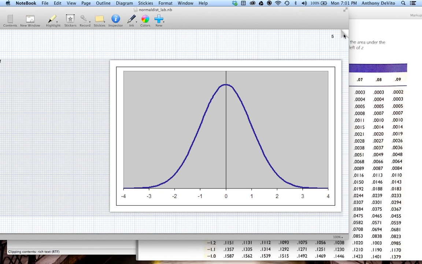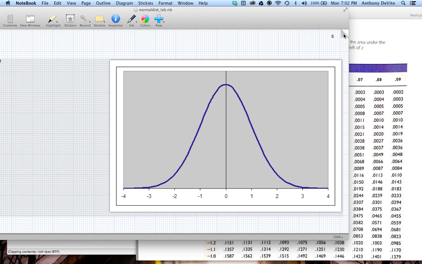It may not exist. There may not be anybody in the major leagues right at this moment that has a batting average of exactly 320, right? And if you think about it, that would be kind of like having just a straight line. What's the area of a straight line? 0. So really, that's not the way we use this table. We use this table to determine what's the area below that value or what's the area above that value. In other words, what's the probability of having a value of 320 or higher, or 320 and lower?